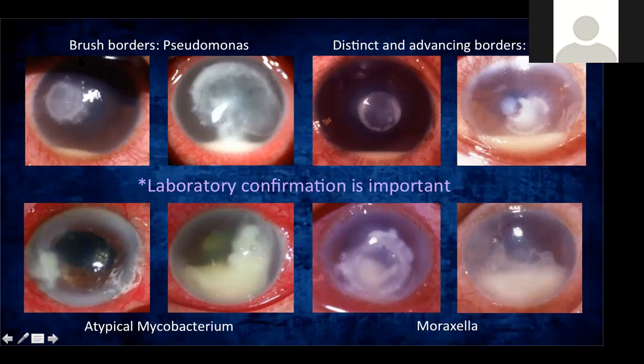All right, for the photos on the upper right, you have here very, very distinct borders that you see in the strep and staph. And on the upper right, the rightmost, this is your example of advancing borders. Initially, nagsimula siya maliit lang, tapos nag-extend at lumaki. This is typical of strep, advancing. Moraxella infection could be distinct or indistinct. So, mahirap actually yung you will just rely on the appearance.